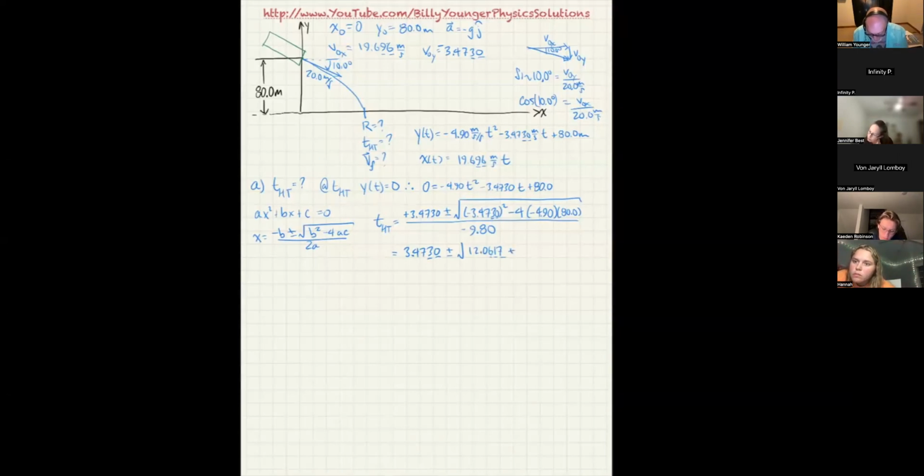And then the two negatives combine to give me a positive. So I'm going to do 4 times 4.9 times 80. And that number gives me 1,568 exactly. That also has 3 sig figs, which means in this case, it's only good to the tens place. So when I add these two numbers, I only have up to the tens place. That's something important because adding and subtracting is where the wheels fall off on the sig fig stuff. All this is going to be divided by negative 9.8. So if I take that 1568 and add to it 12.061729, that gives me